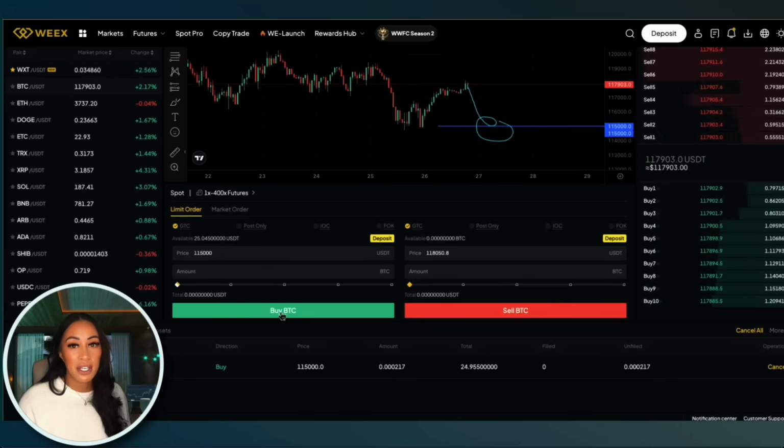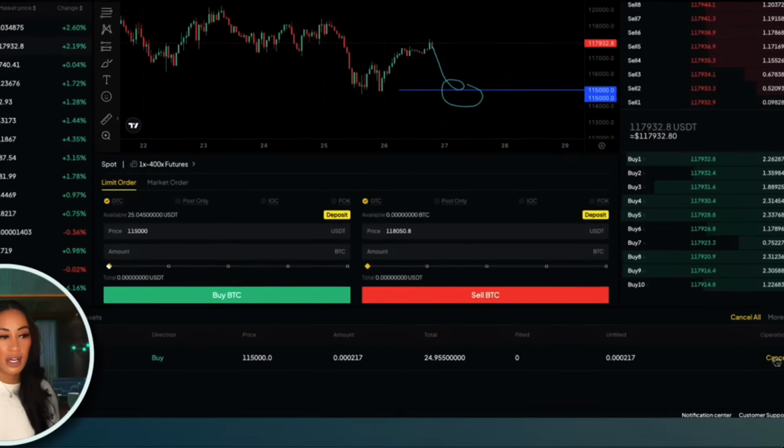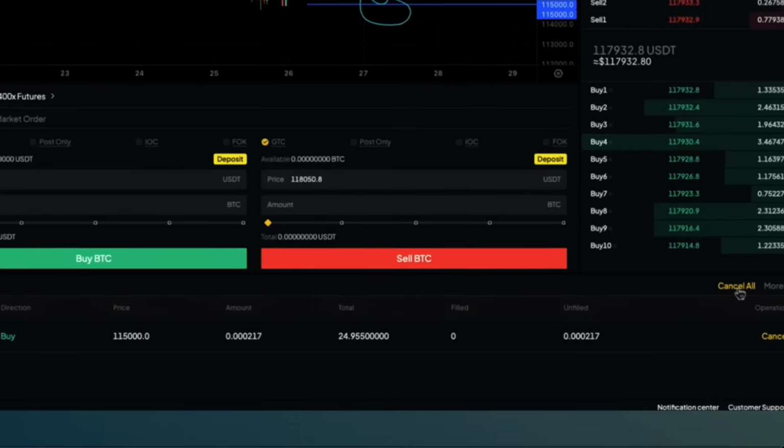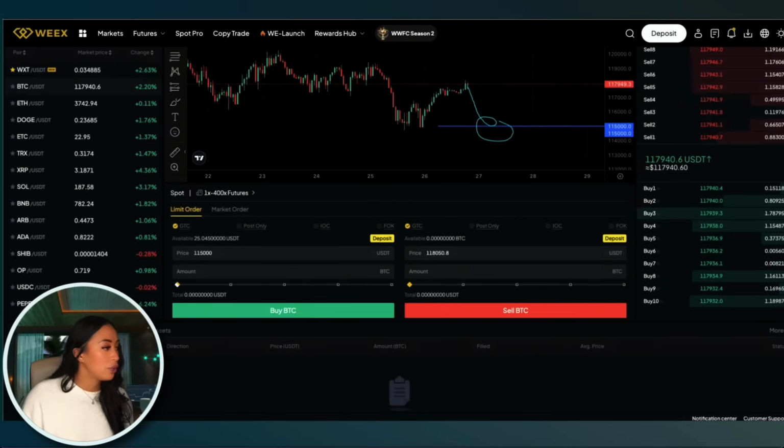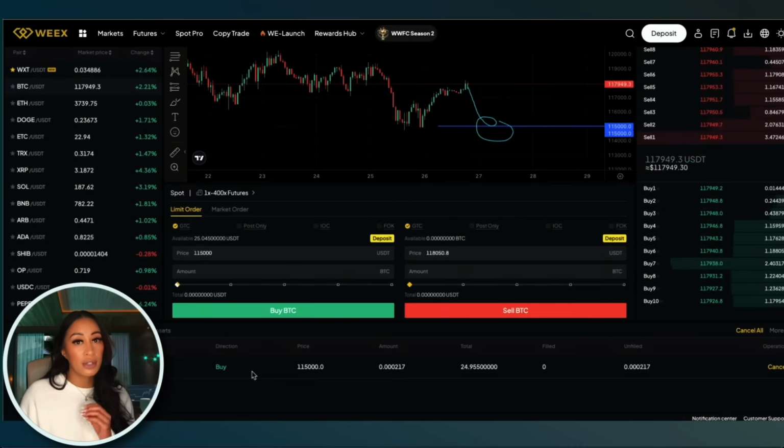Once you hit buy BTC, your order will be placed and it will show up under open orders. You can cancel it at any time by either selecting cancel on the far right hand side or cancel all. And if you do, it will move into order history. Now because this is a limit order, it goes into the order book. Once price comes back to 115,000, that's when my order will trigger. It'll buy the BTC, take the USDT out of my account, and then the BTC will then be in my